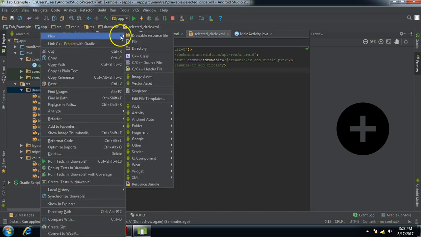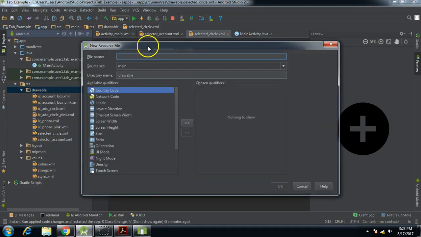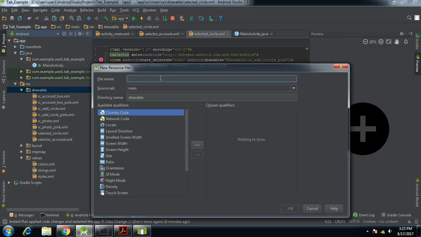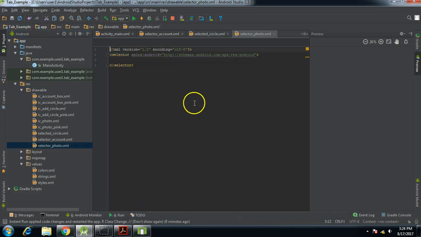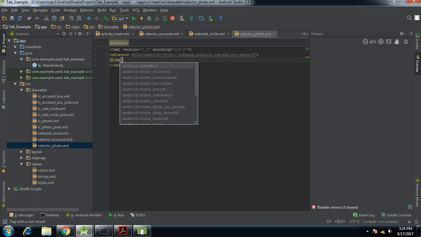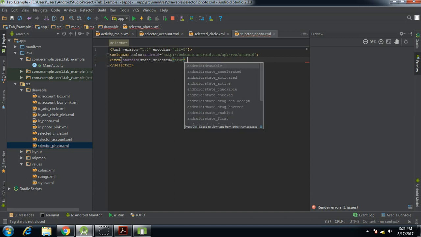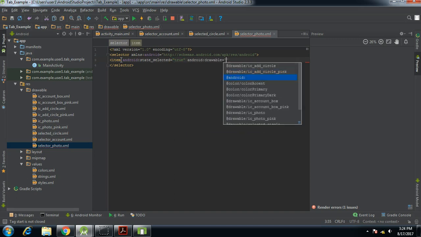Then again go through the same process, and for our third, the first one was account, the second one was circle, now comes our photo. So selector underscore photo. Okay, and now add an item here. Item, if state is selected is true, then drawable should pick the